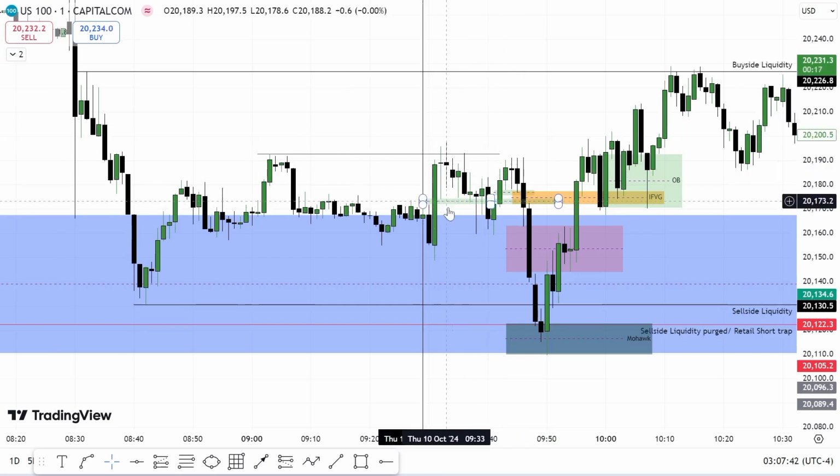For those of you that have been here for a while, we trade the 9:30 opening bell. After the 9:30 opening bell, that's where we look at executing from what information the market is giving us, which are the fair value gaps. We look at the fair value gaps, inefficiencies, and the rest: buy side liquidity, sell side liquidity. So this is for yesterday,